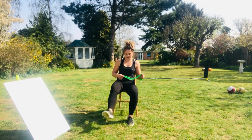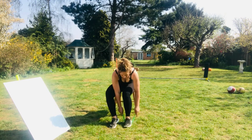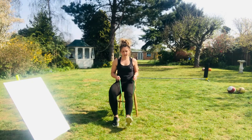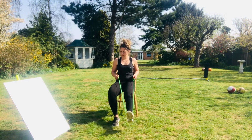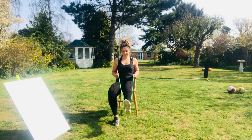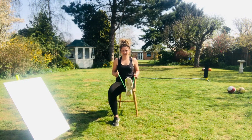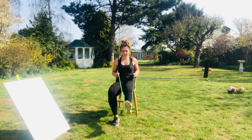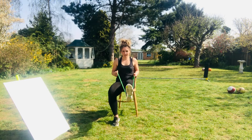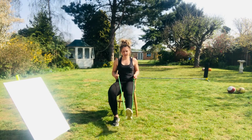That leg, a little shake. 25 on this side, pushing out, shoulders back, nice tall posture. Good, that's 10, without touching the floor, keep going for 25. Last 5, up,